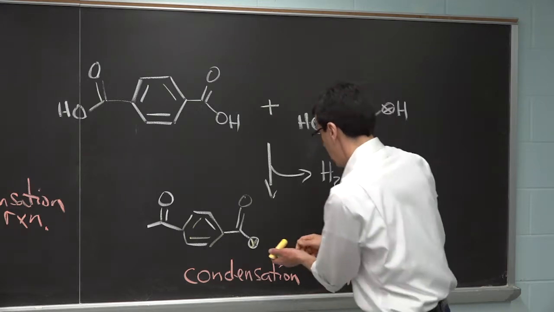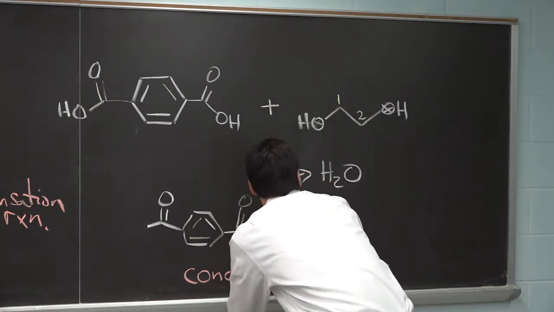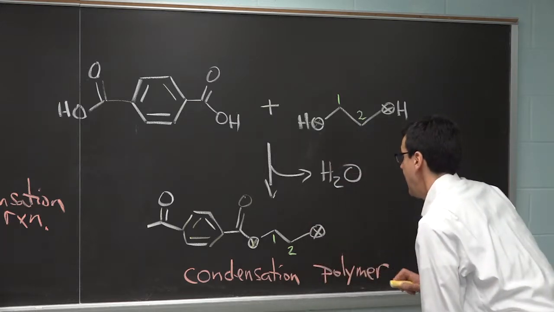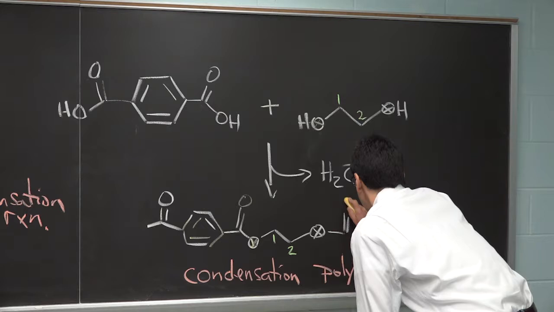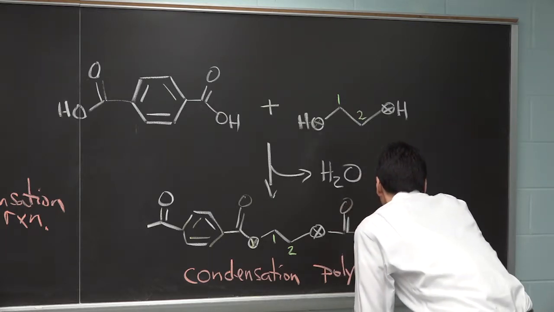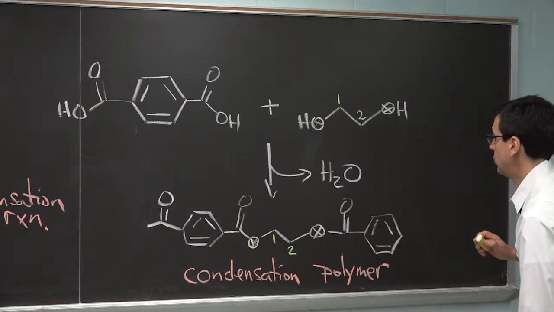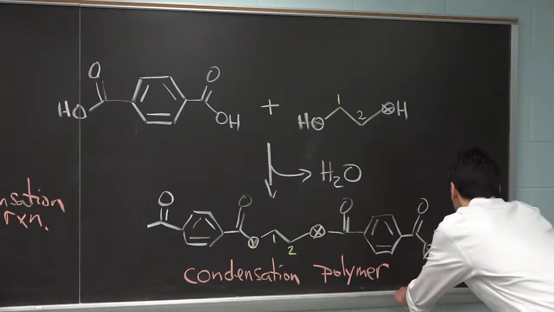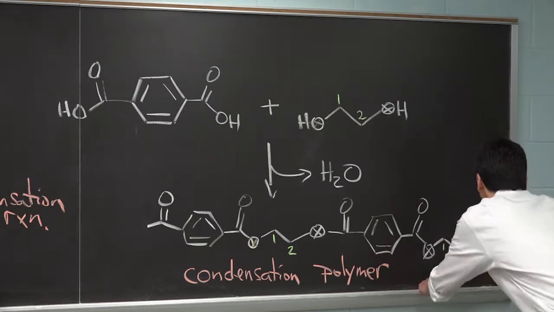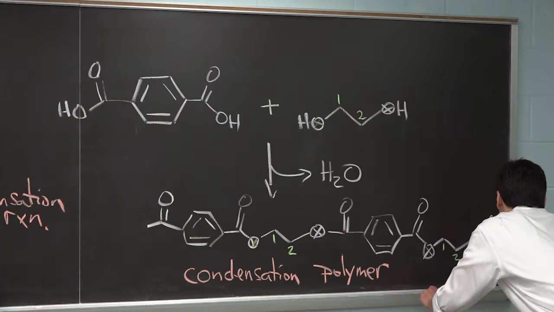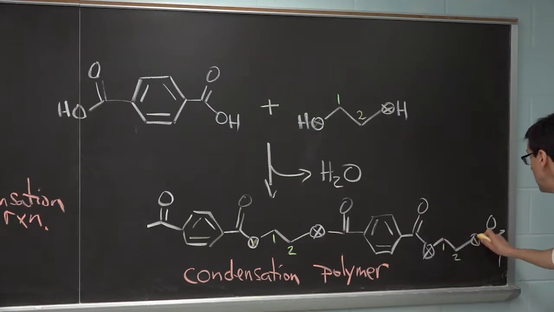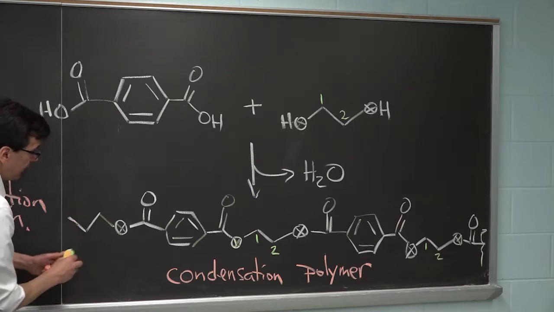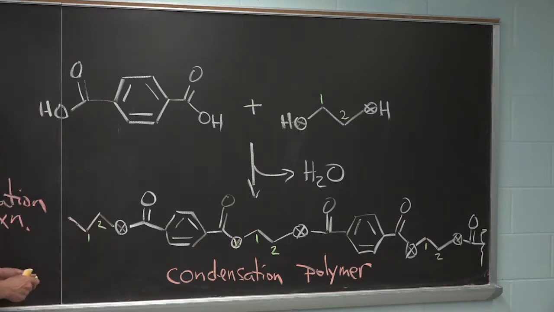the oxygen of the alcohol. That oxygen is connected to carbon 1, which is then connected to carbon 2. On carbon 2, there's another O. And then this O would be attached to the carbonyl of another molecule of this originally dicarboxylic acid. And then, and so on. Here's carbon 1, here's carbon 2, there's another O, etc. over there. And then over on this side, the polymer can continue like this. There's two carbons here, carbon 2, carbon 1, O,